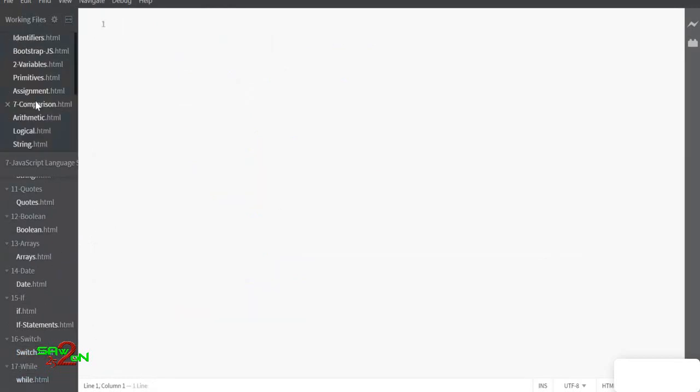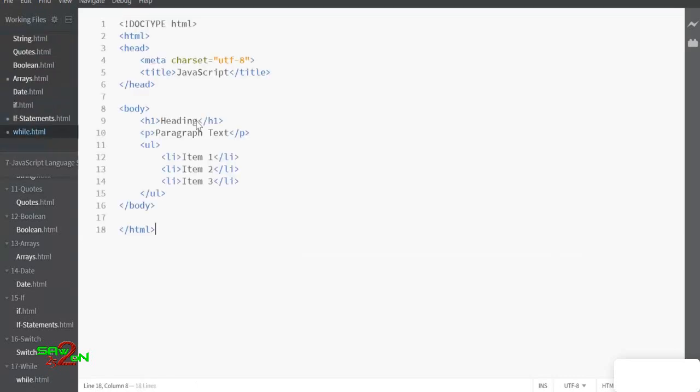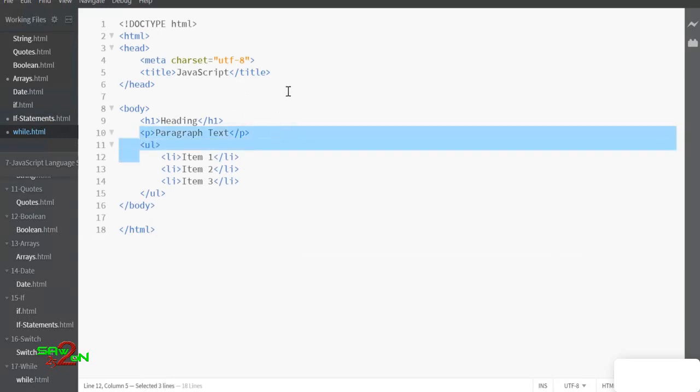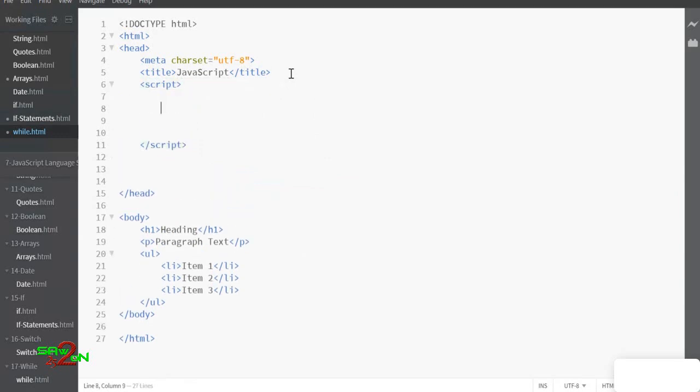Okay, let's open our Bootstrap here. So this is our boilerplate. So yeah, we leave it like this. We'll write the while loop here. Okay, we'll define a counter here,